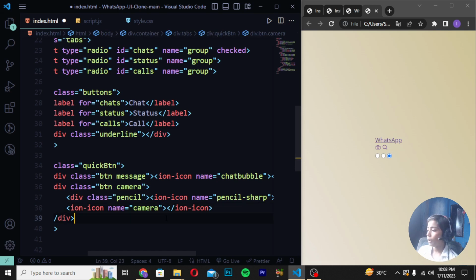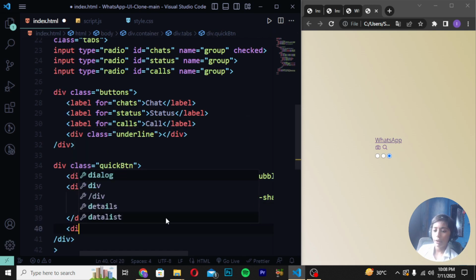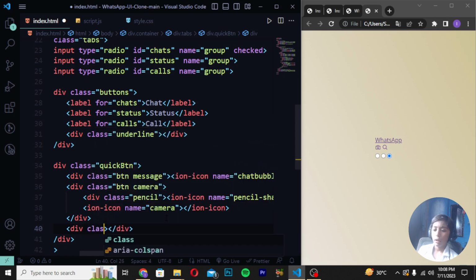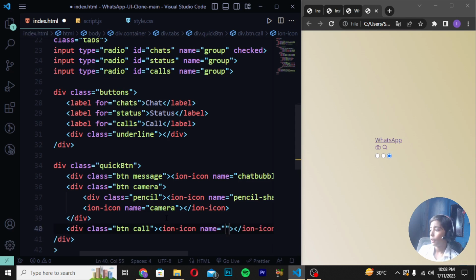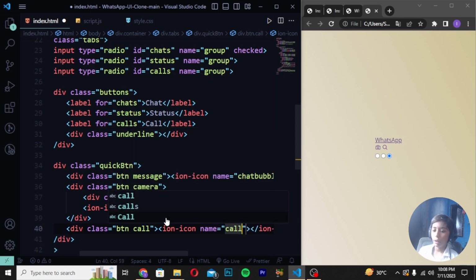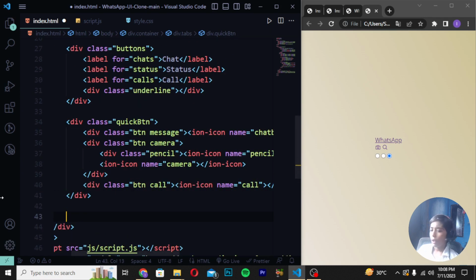camera, and now here we will enter, and here we can write div class should be btn should be call. And now what we can do, here we will write ion should be icon. And now what we can do, here we will write name should be call. And now the work is done, and call. And now what we can do, here we will go, and here we will give div should be